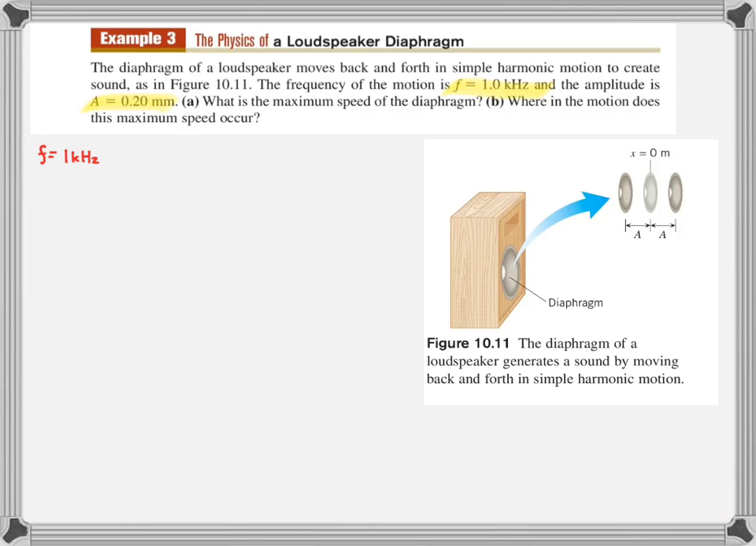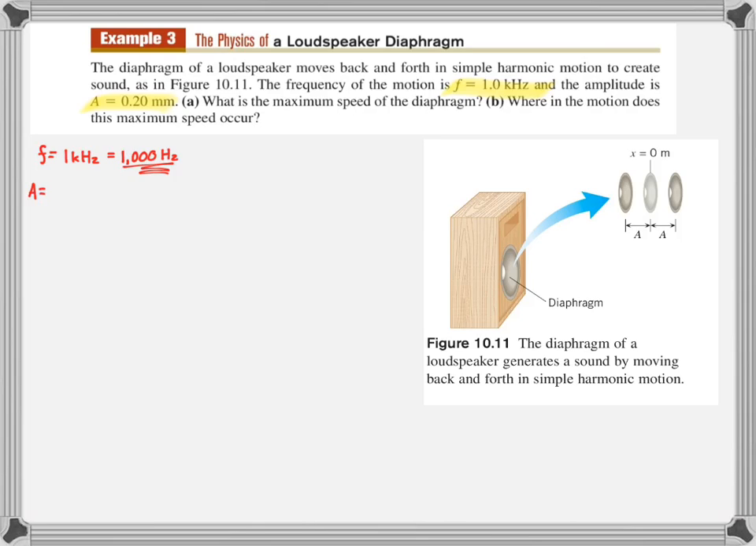Alright, so they give us the frequency is 1 kilohertz, but the standard unit for frequency is hertz, so we have to convert the 1 kilohertz to hertz. Now this frequency means that the pattern repeats 1,000 times per second. So the speaker stretches outward, then back, inward, then back to its original position, and it does that every 1,000